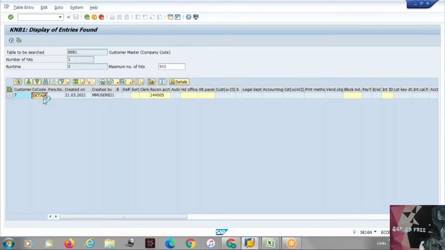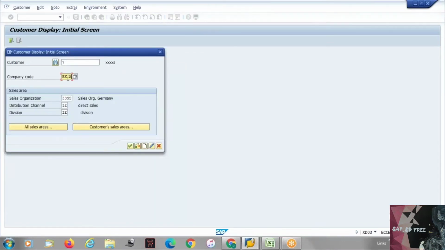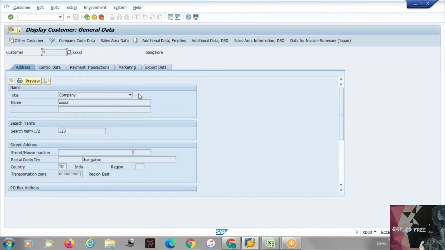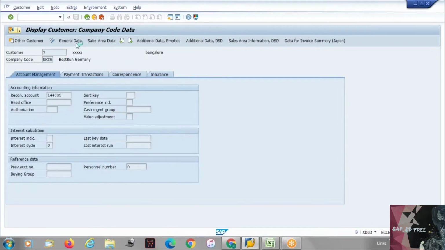Whenever you log in and select, the first thing that appears, where you have address and all these details, is known as your general data, and you have your company code data and sales area data. If you click on company code data, then the menu there is the company code data, and you will have general data and sales area data. Then when you click on the sales area data, you will have general data and company code data that reflects, and this is your